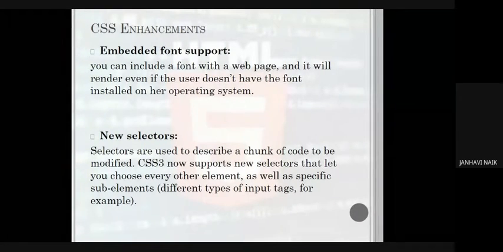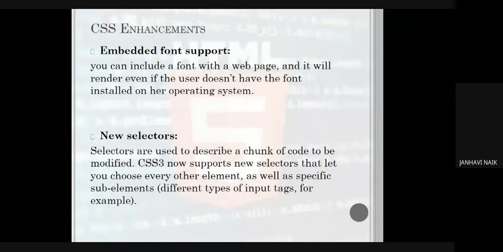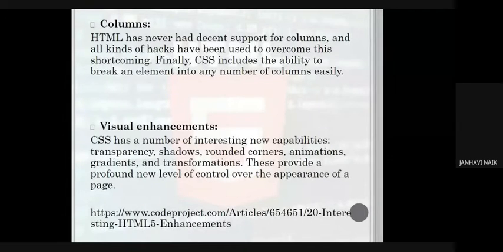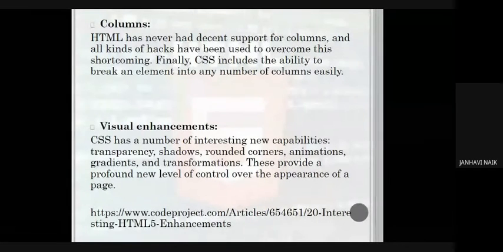Similarly, different types of selectors. If you want to highlight a certain part, insert some more text, bifurcate something, add audio, video, all these features are being given into your HTML5. Column spanning, row spanning is also there, and different colors for a particular row, different colors for a particular column, making the table look more creative. Different types of tables have also been provided.